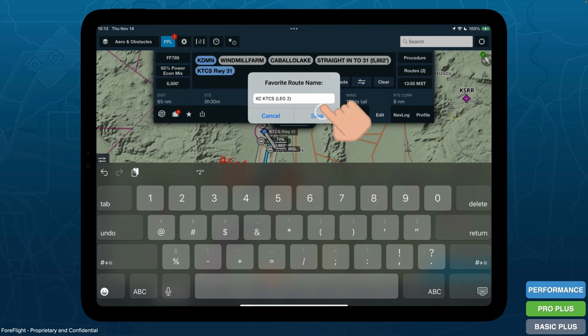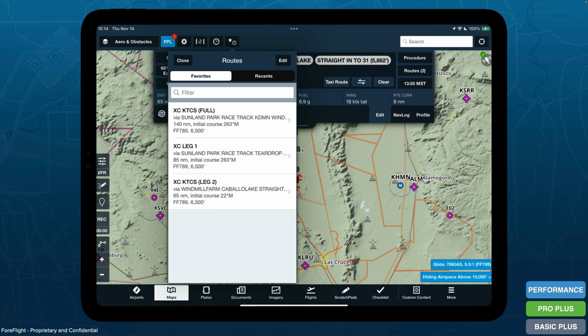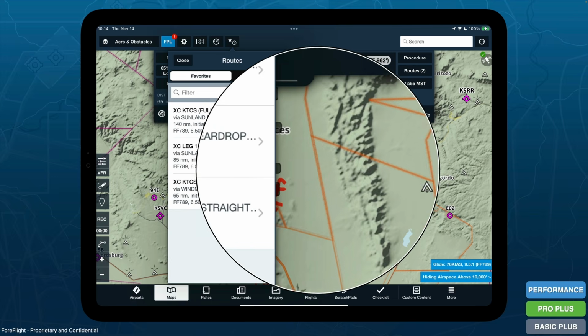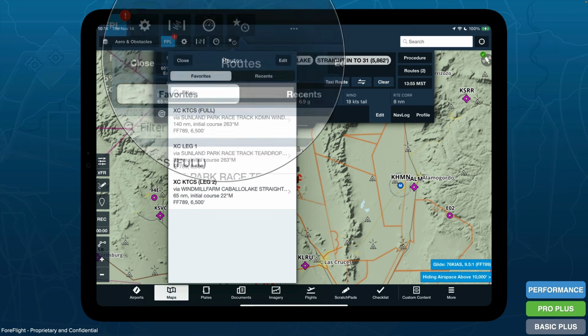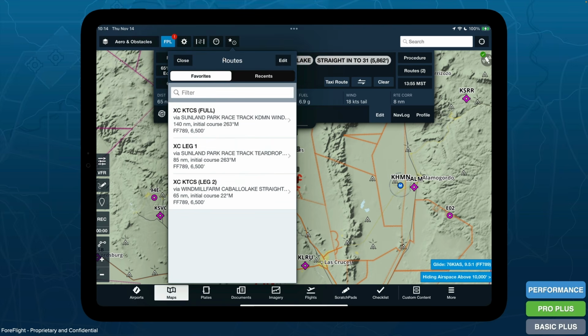Once I have those saved, at any moment, if I open up my favorites, which is this star and clock button here, I can see all three of them: my full route, my first leg, and my second leg. I can just load those into my flight plan drawer. I can look at the Navlog for each leg, and for the full flight. I can make changes as needed, but all of this is now here. Depending on how I'm flying, this may be how I